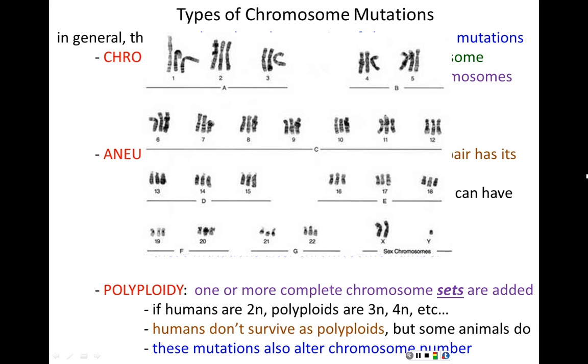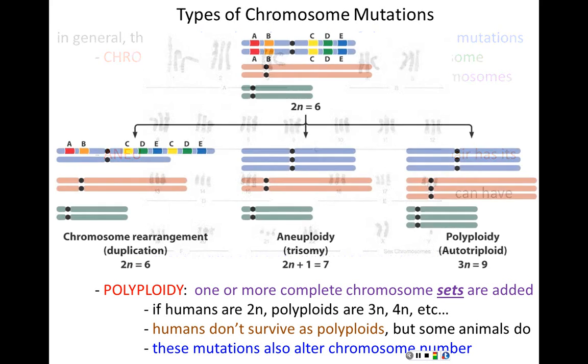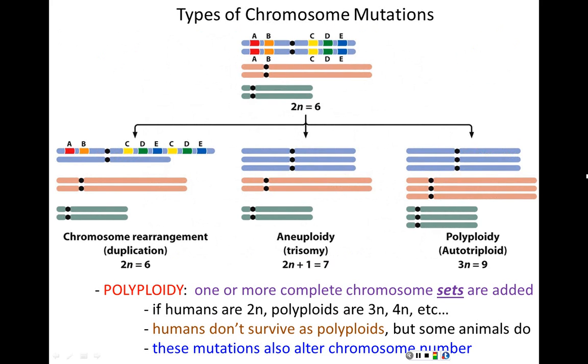These mutations also alter chromosome number, because if we're supposed to have 46 and we have 69, obviously we've changed the chromosome number, but it's different than aneuploidy because we're not changing by 1 or 2 chromosomes, we're changing by entire sets. So this figure from your textbook, I think, does a pretty good job of driving home these 3